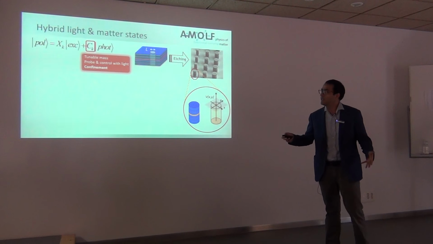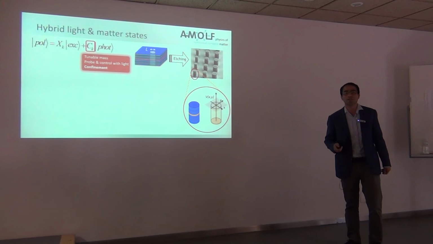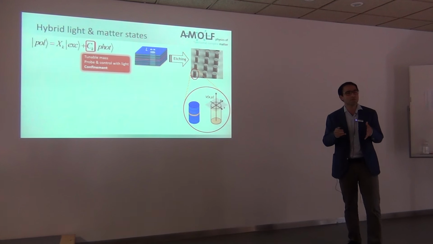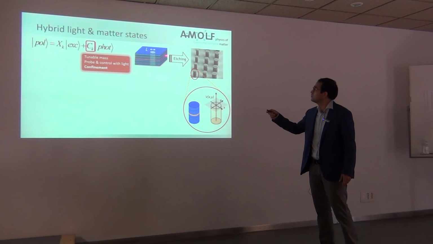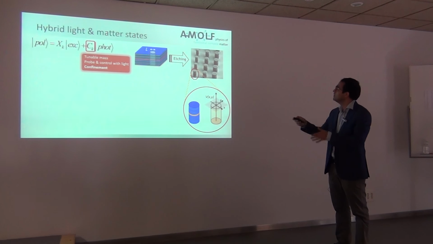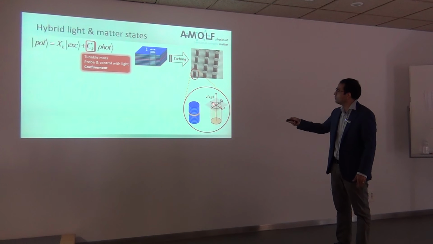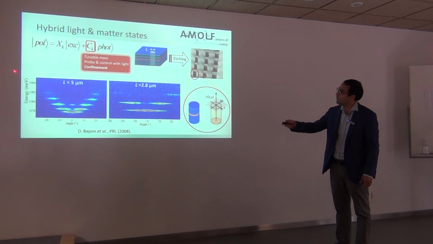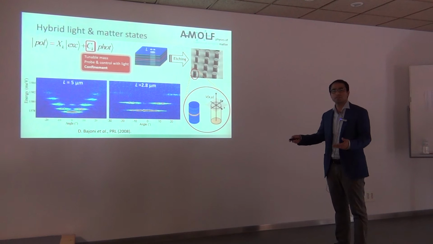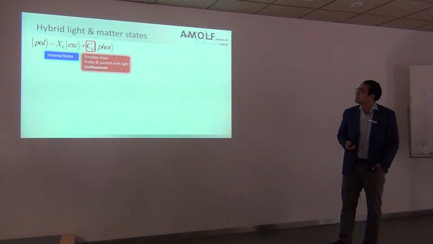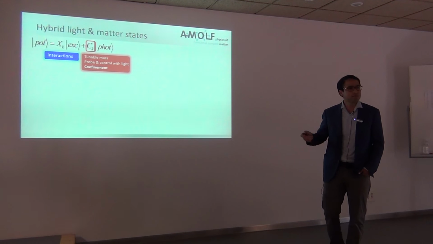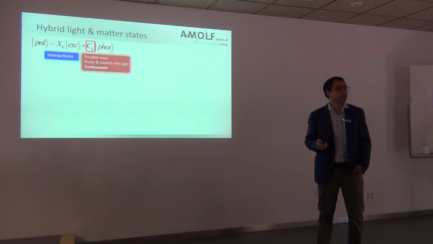The very easy way to understand this is, if you recall from introductory quantum mechanics, when you have a particle in a box, the energy will go as 1 over L squared. So basically, if you take this 2D cavity and you confine it by making a pillar, then you create a potential for polaritons, and the lower polariton band gets discretized. It's no longer a continuous band, so it becomes discrete states. And the separation between the states goes as 1 over L squared.